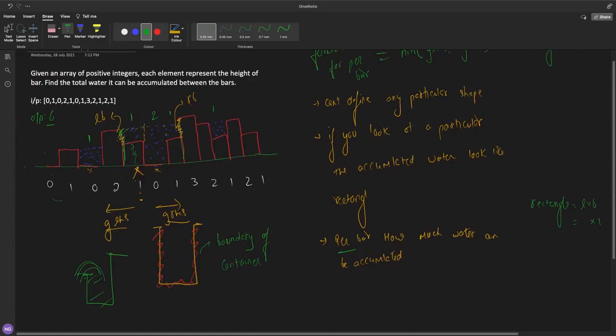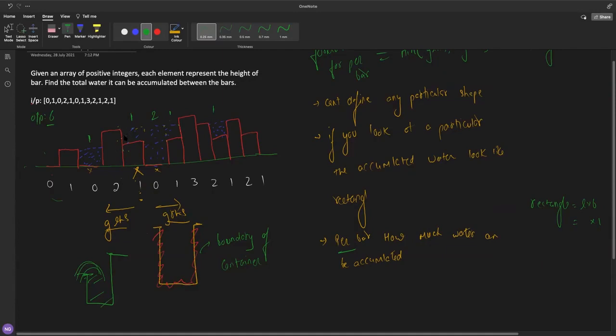I will repeat one more time. See, what happens is per bar, again, I'm going back to the start. If we look at a particular bar like this, then to see how much water it can hold, we need to define a left boundary and right boundary, as I told you here.